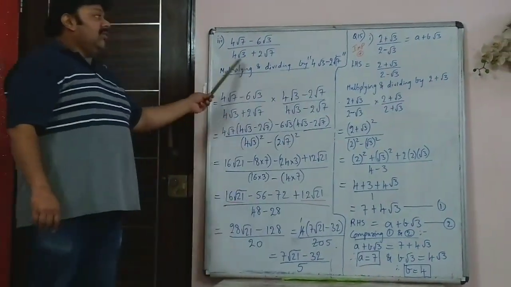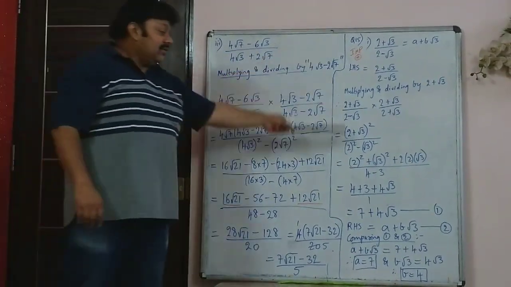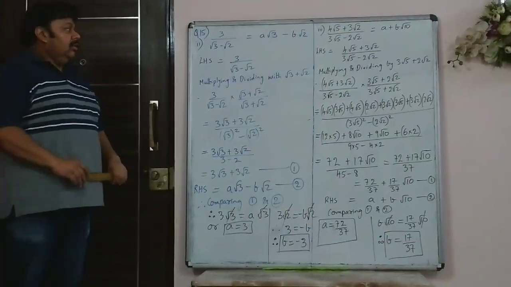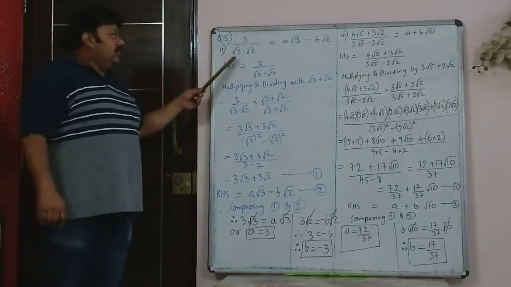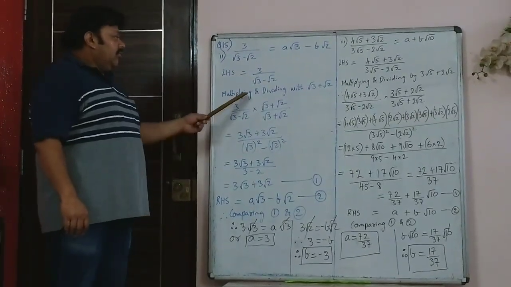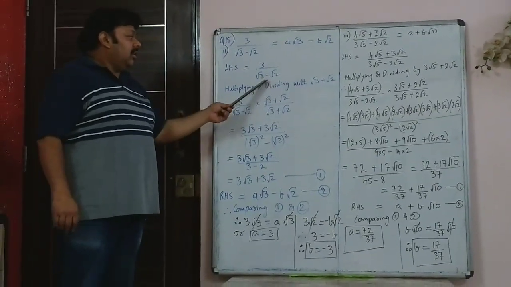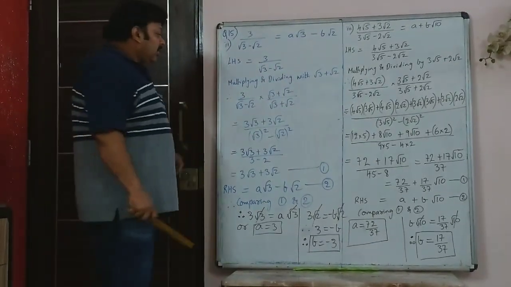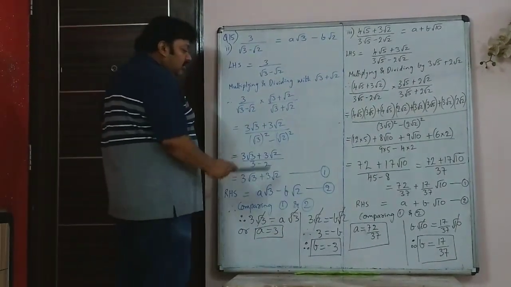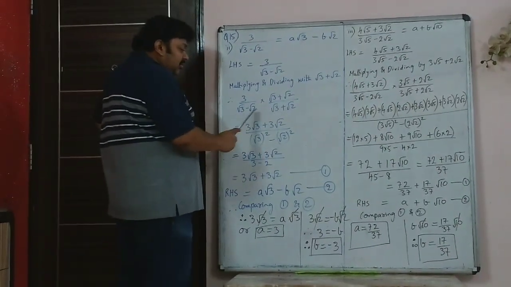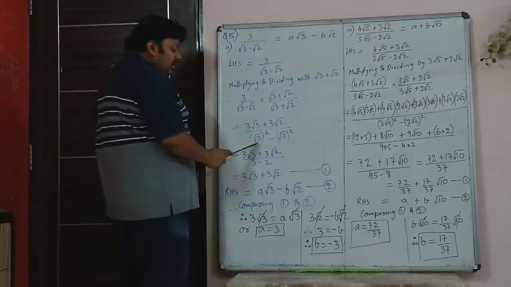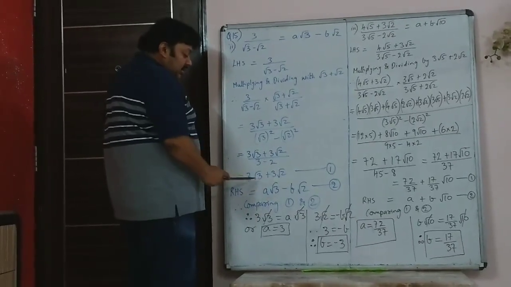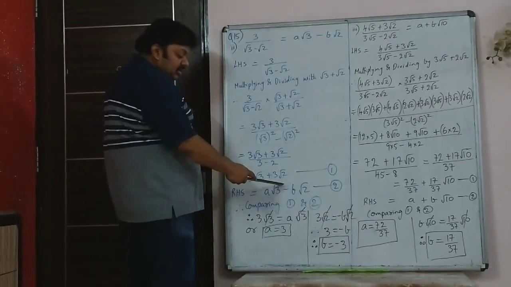So we do the next sum, which is also quite similar to this. This sort of sum is important. One sum of this may come in the next test. So now the next sum is also similar. 3 upon root 3 minus root 2. We multiply and divide by root 3 plus root 2. That is, we take the LHS separately, multiply and divide, so you get 3 root 3 plus 3 root 2 upon this becomes a minus b, a plus b, a squared minus b squared. So this is 3 minus 2, that is 1. So the denominator is 1, so I have not written it here.